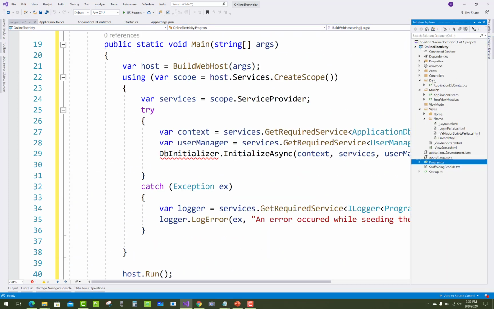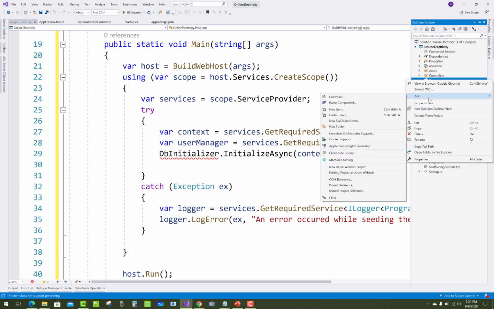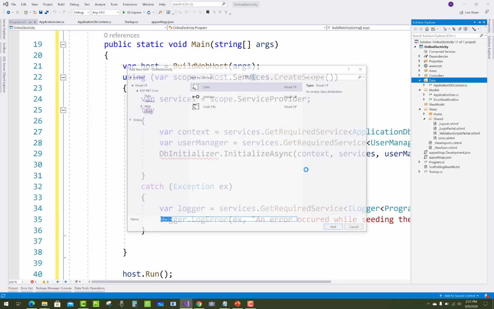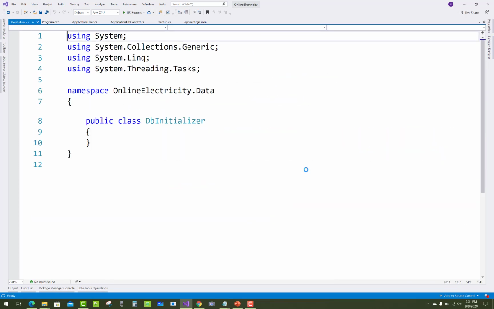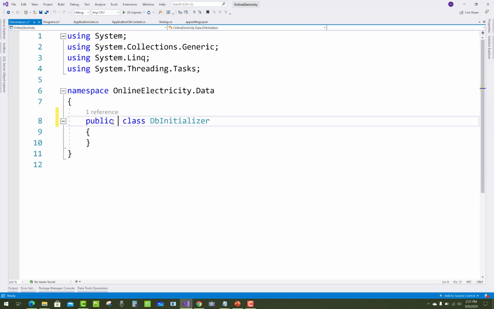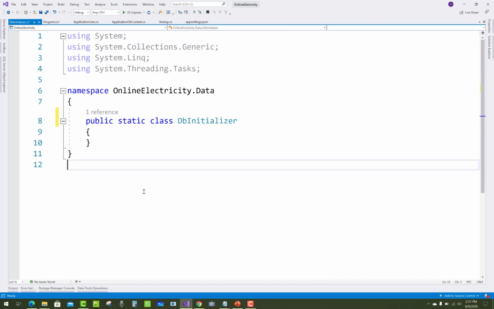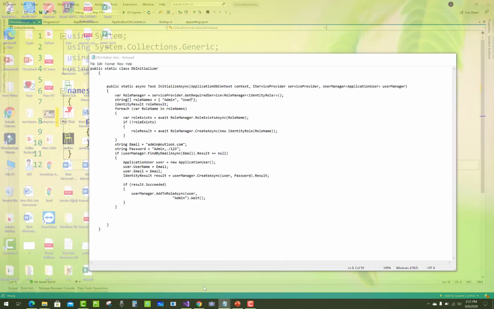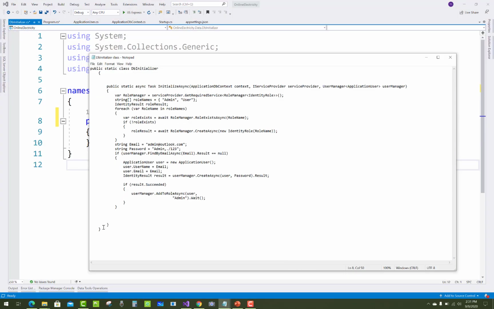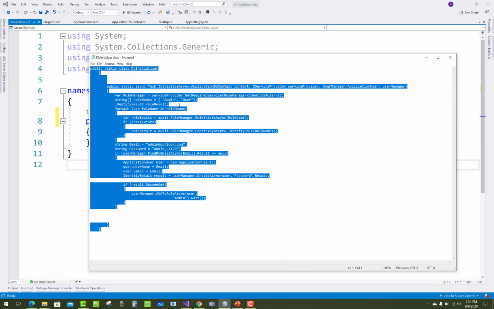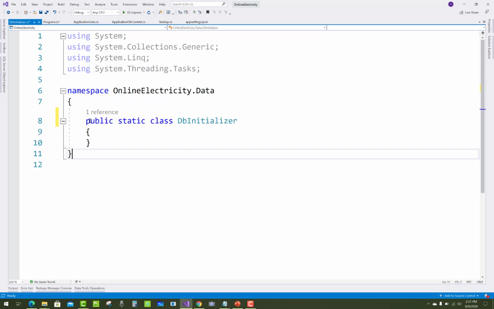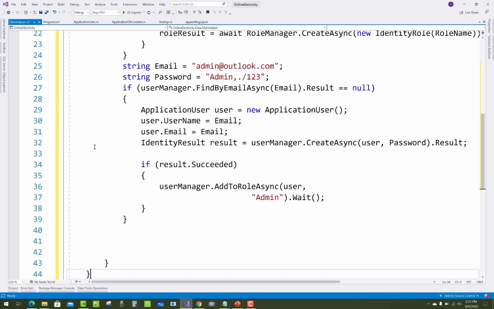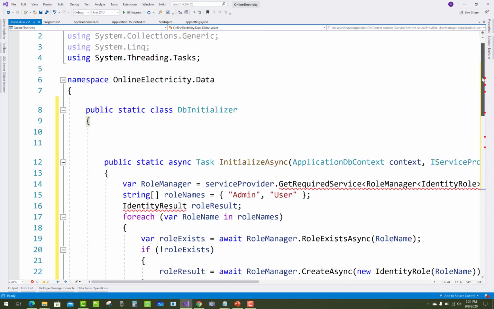So just right click on the Data folder and add a new class, named DbInitializer. Make that class static, so that we can directly call the method of the static class by using the class name. Now replace the code with the DbInitializer class.